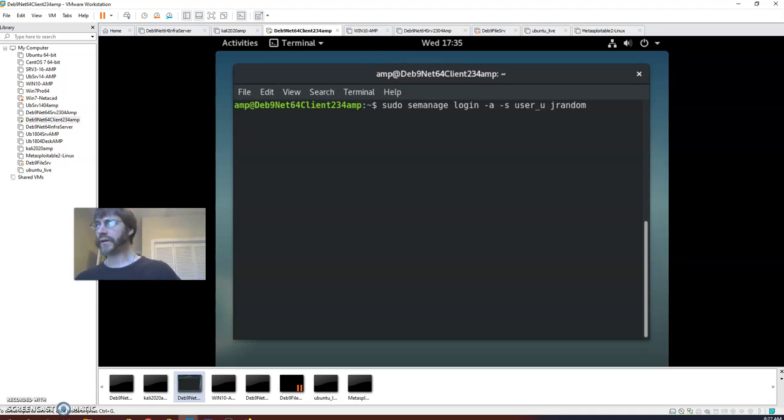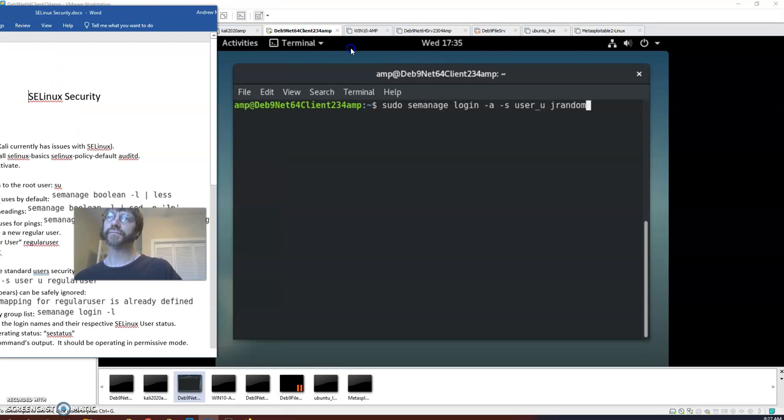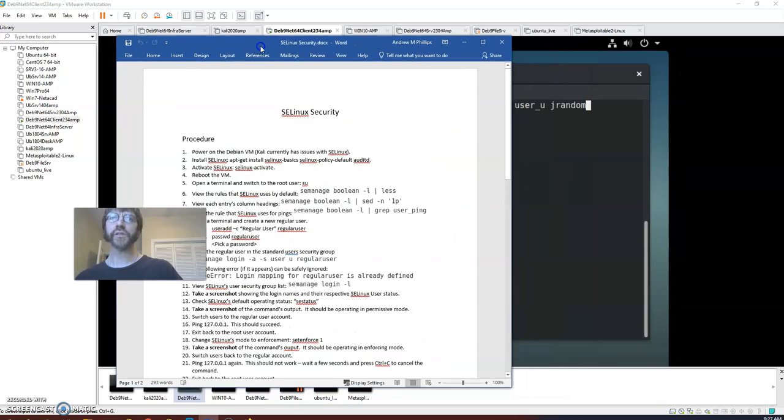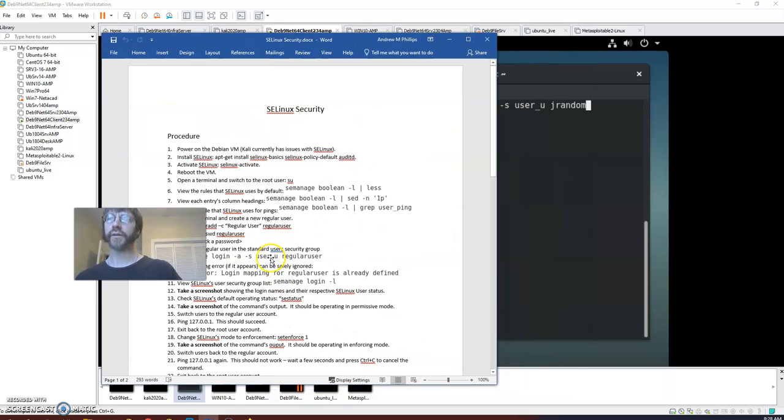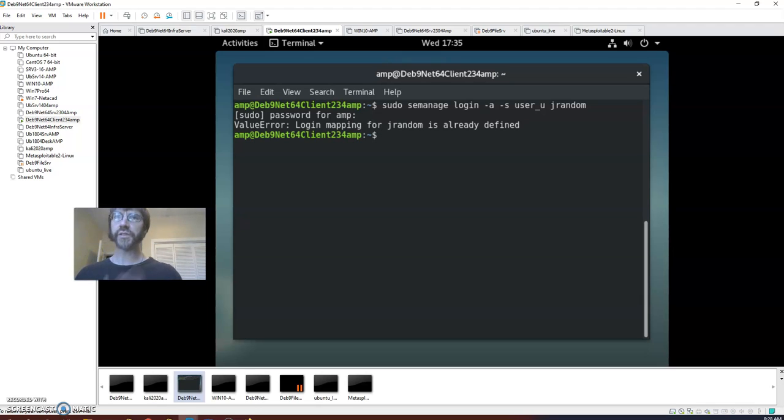There is a bit of a, in the instructions, let me come on over here. Okay, so you see in the instructions here, there doesn't seem to be an underscore in user U, but you do actually need that underscore right there. So I've actually done this already, so I get login mapping already defined. So I can move on to the next step, which is to